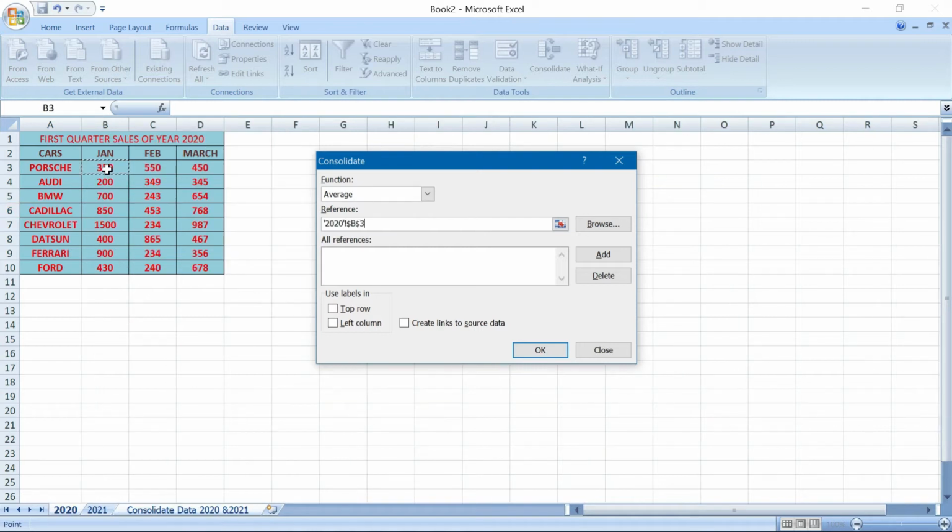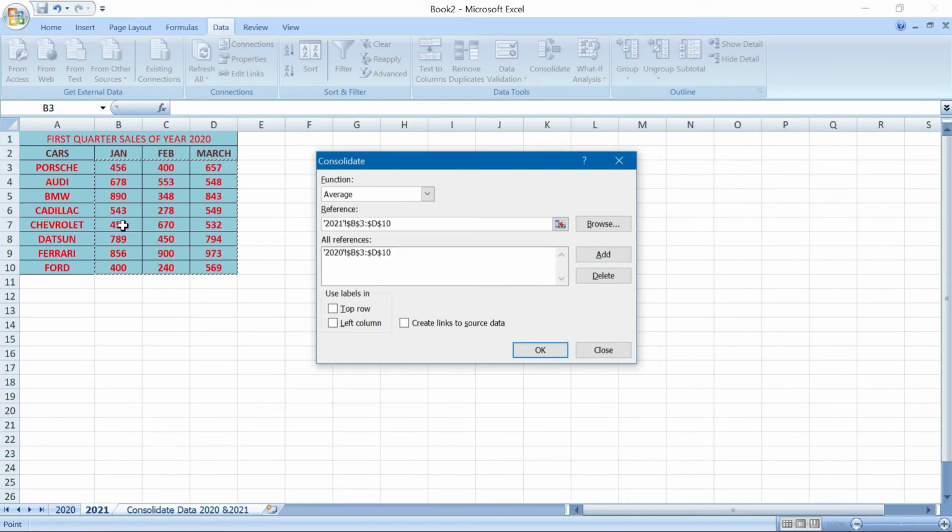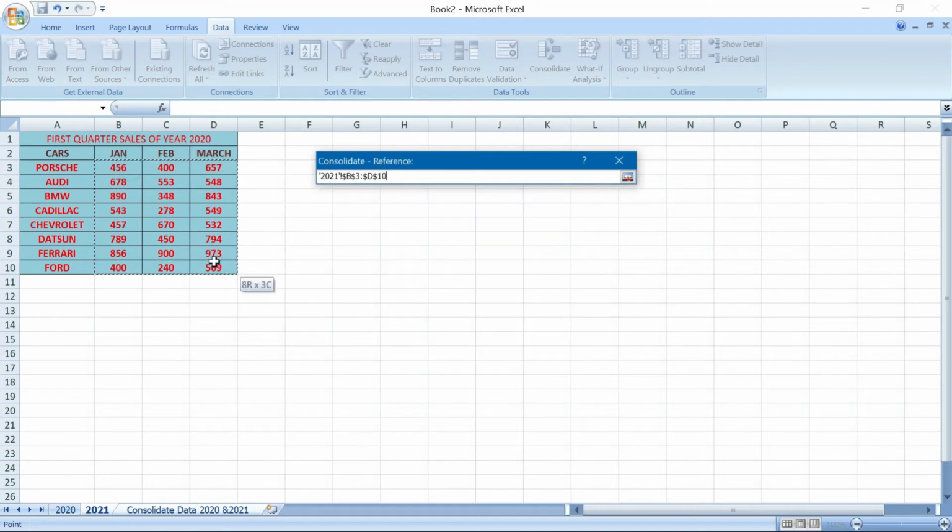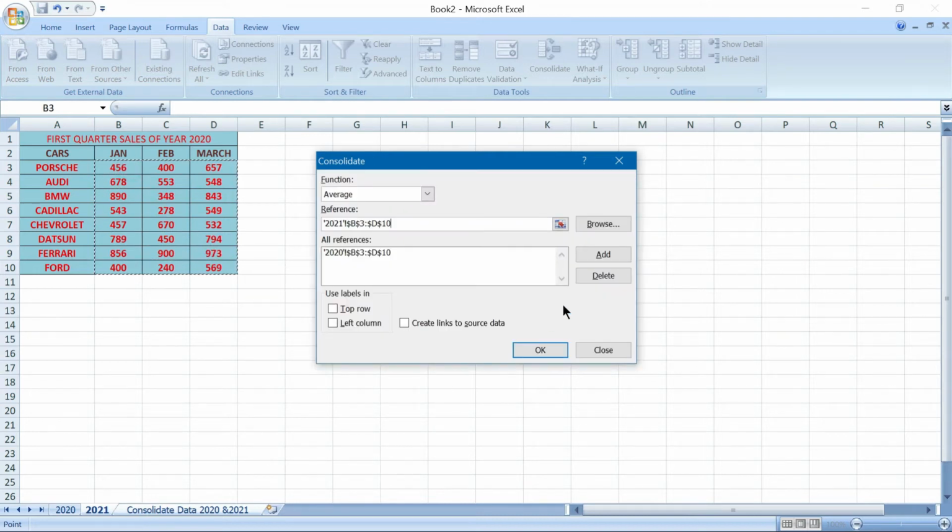Fine, so now you highlight it. Okay, you see out here how this is happening. Now add it up. Fine, now you go to the 2021. This is already selected, or you can select it like this. Select it, and then add this one also. You always follow the sheet references that have been displayed.